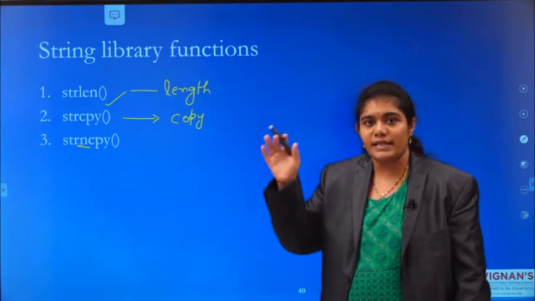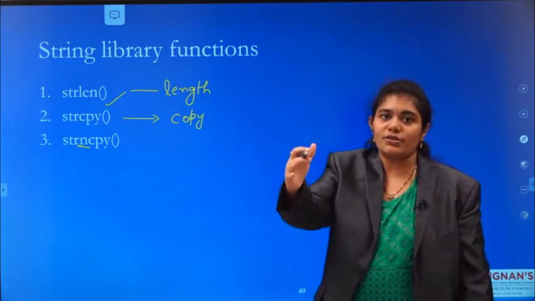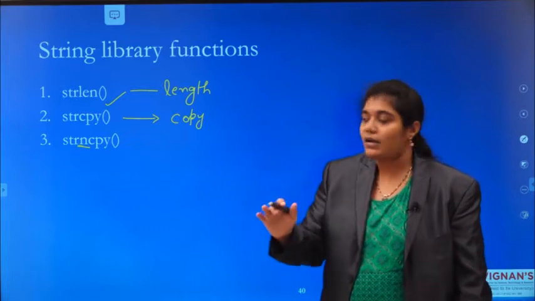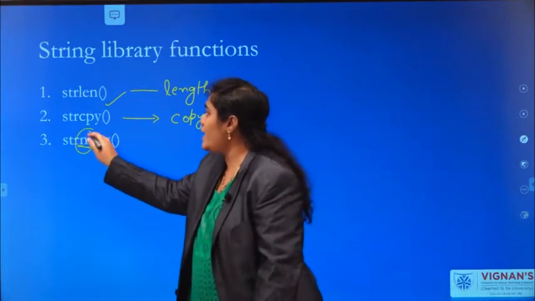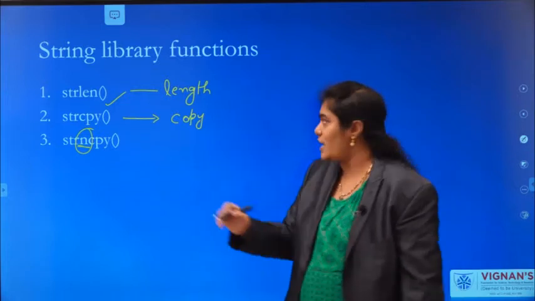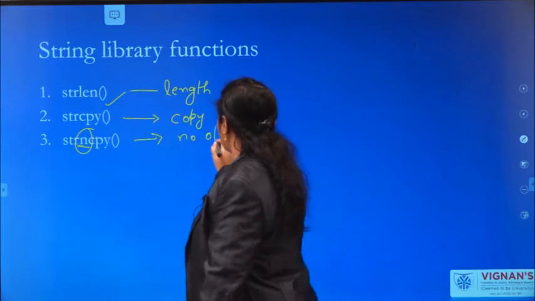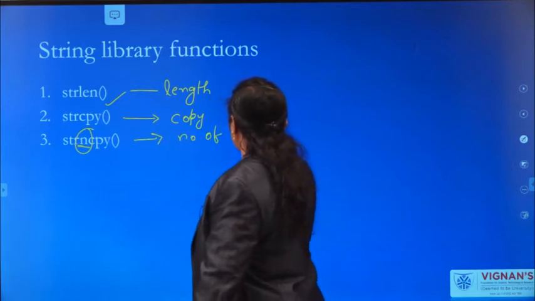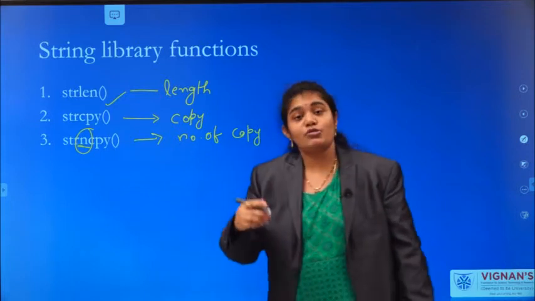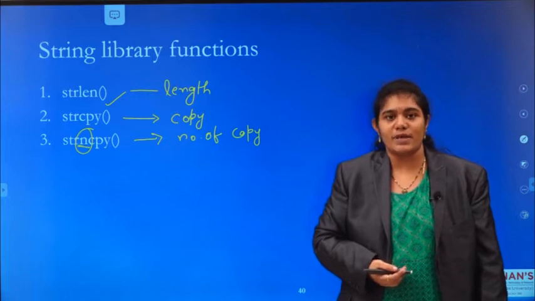strncpy is also used to copy a string from a source string to a destination string, but n indicates how many characters you are going to copy from source to destination. That number of characters you have to specify here.